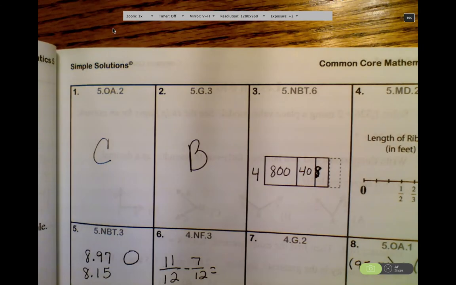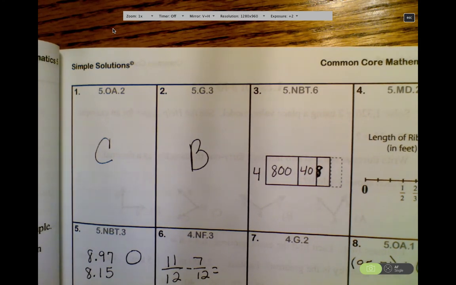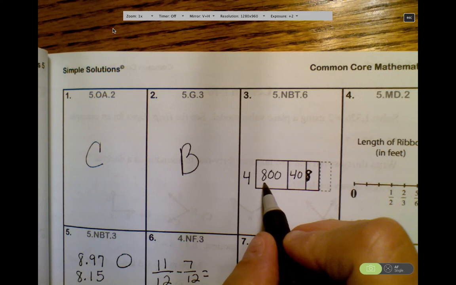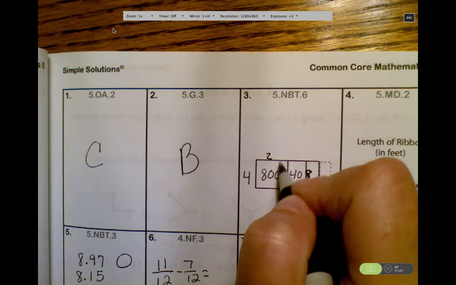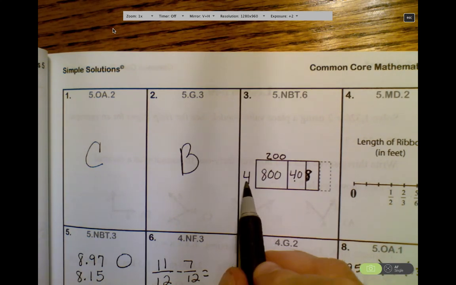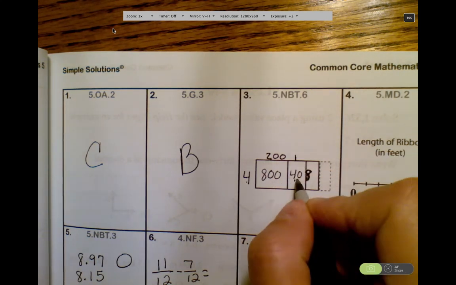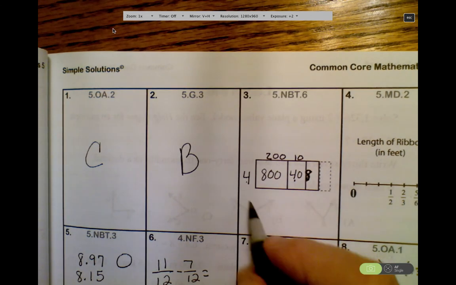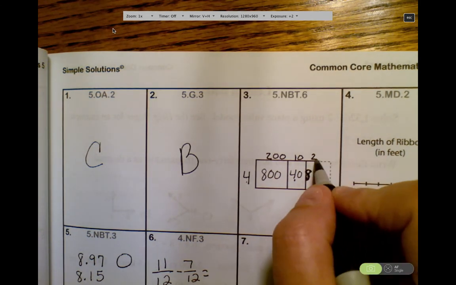All right, we're dividing again. And remember, if you did it the other way, that's still okay. How many times does 4 go into 800? Well, I know that 4 goes into 8 two times, and then I just have to add my two zeros. How many times does 4 go into 40? Well, I know that 4 goes into 4 one time, and I still have my 0 I have to add. And 4 goes into 8 two times. So my answer would be